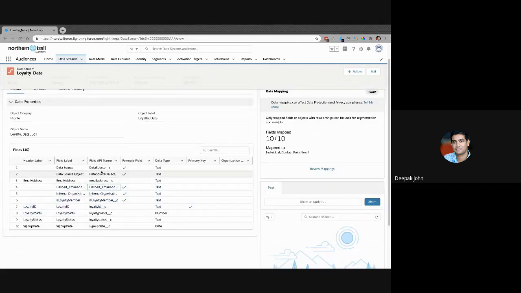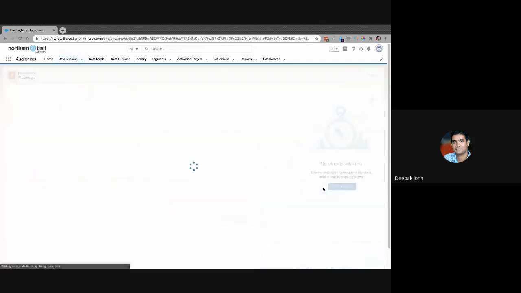And you can see the sources. So there's an API that's naturally associated with this because it's inherent to the force.com platform. You've got all of your attributes and the names here. And you can see loyalty ID is what we're using as a primary key in order to uniquely resolve and identify individuals and bring them on. So you've got 10 fields that have been mapped 10 to 10. Now, if I show you what this looks like,